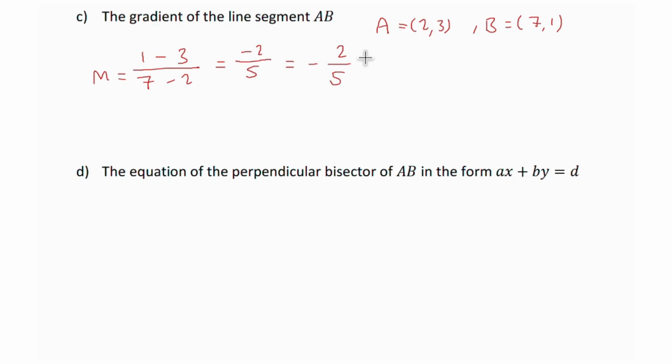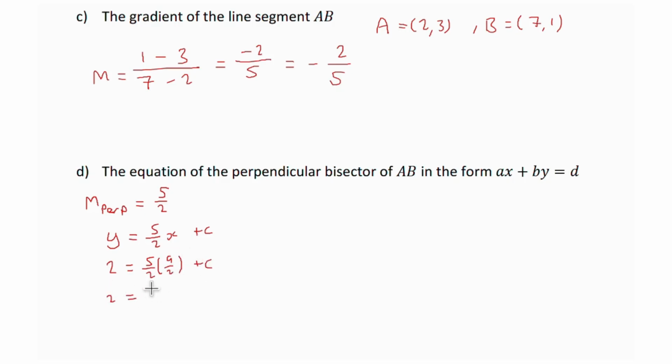And finally, for D, the equation of the perpendicular bisector in this particular form. First of all, we need to know the gradient of the perpendicular. The perpendicular gradient is going to be the negative reciprocal of this, which is 5 over 2, which means our equation is going to have the form y equals 5 over 2 x plus c. And because this is the bisector, we know it goes through the midpoint, so we're going to substitute the coordinates of the midpoint in. So y was equal to 2, and x was equal to 9 over 2,